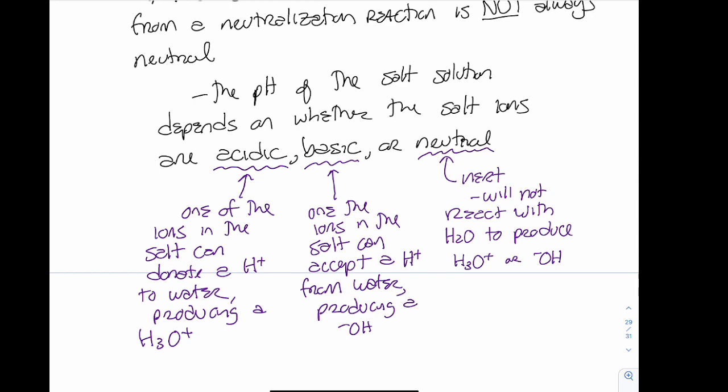Are salt ions acidic? Are they basic? Are they inert? If they're inert, it's going to be a neutral solution. If they're acidic, it's going to be an acidic solution, because I'm going to produce a hydronium ion. Basic, I'm going to produce a hydroxide ion. So as a general rule,